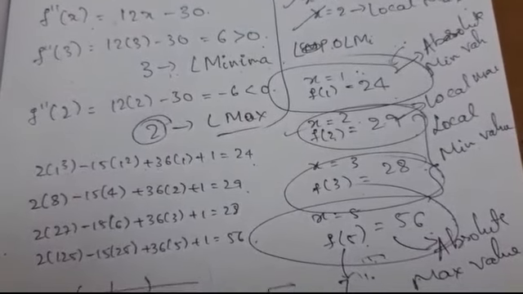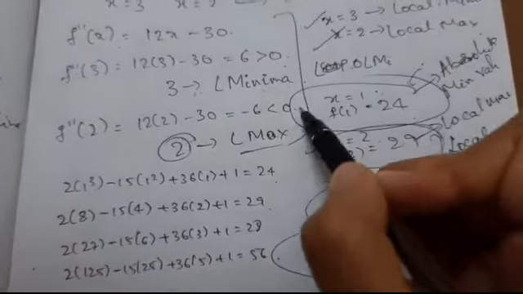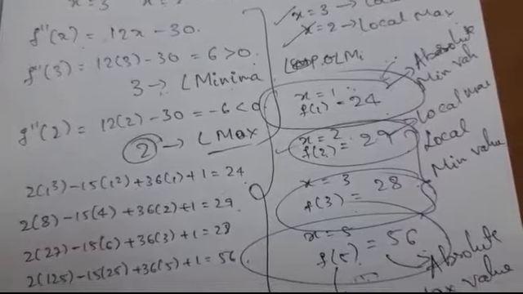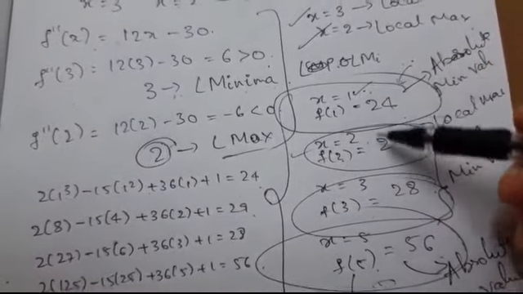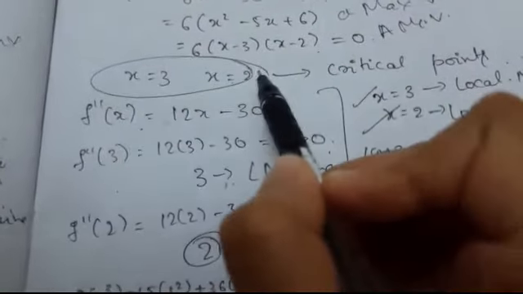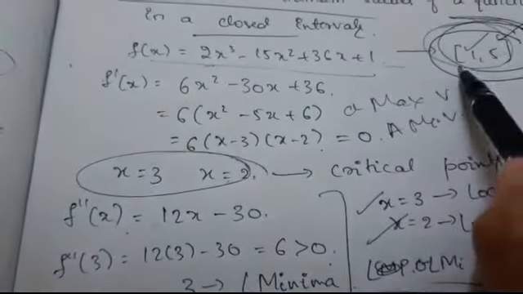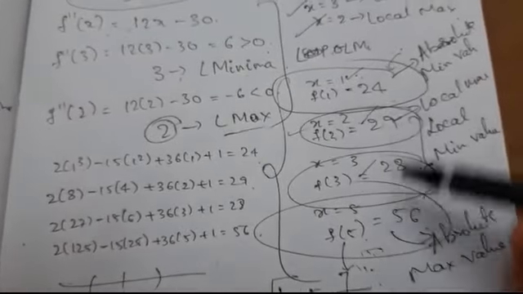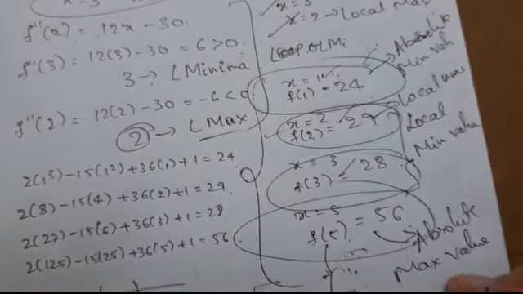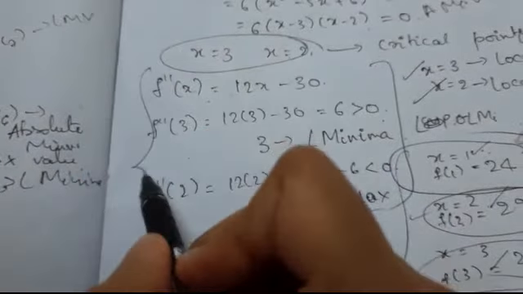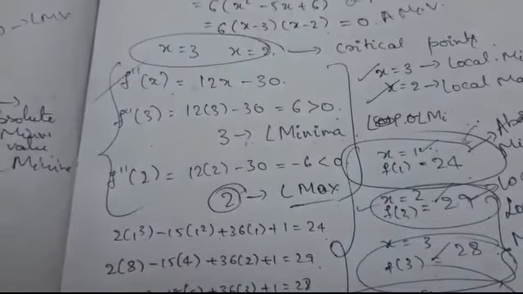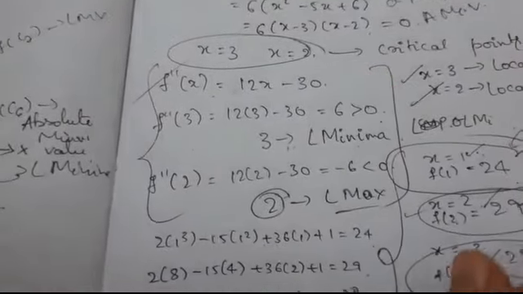The next question you might think is, since we are checking the absolute maximum and minimum value, we are bothered only about the critical points we got. Along with the critical points we are including the extreme points and finding the values. So based upon these values itself we are saying that this one is absolute minimum and this one is absolute maximum, then what is the use of doing this, whether this is required or not. Some people might get stuck on this question also.